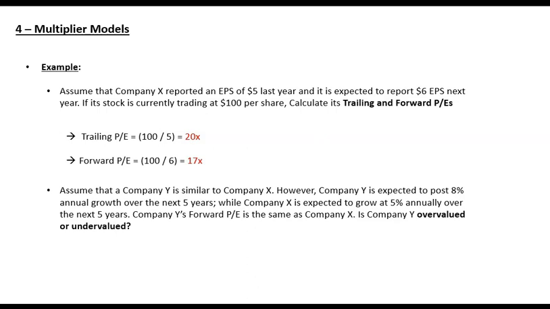Do the second question. So you have two companies, simply X and Y. How do you decide which one is undervalued? If both are the same, you will decide based on P/E. You are told P/Es are also the same. So if P/Es are also the same, that means none of them is undervalued or overvalued. But then you are told that for the same P/Es, Y will give you 8% growth and X will give you 5% growth. So Y is giving you a higher growth with the same multiple, which means Y is a better option to invest into.